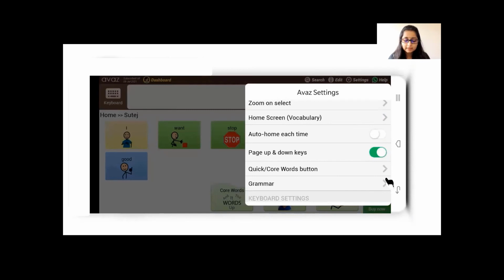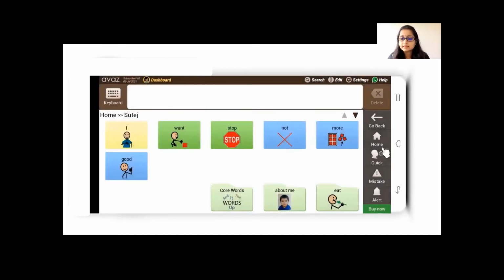And then we have the quick and code words button on the right hand side menu. This is one of the robust features of any AAC app, right?